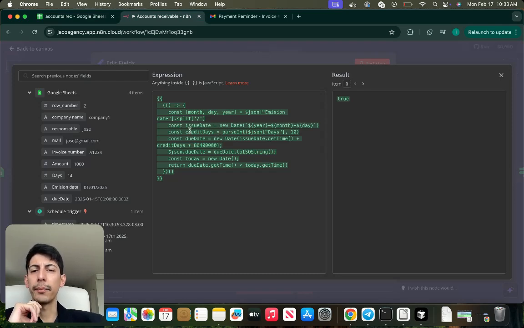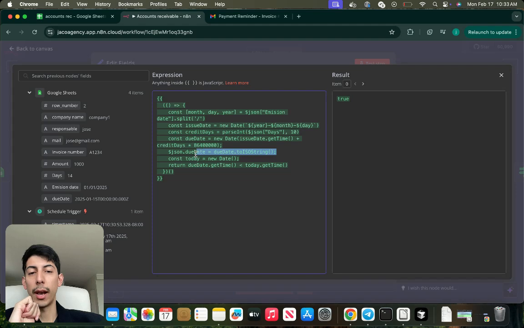We define a constant issue date, that is the format that JavaScript requires. The credit days is just the credit days that we define in the dummy data, base 10 decimal. The due date is the issue date plus the credit days times this big number, that is the milliseconds in a day. Then JSON due date equals due date